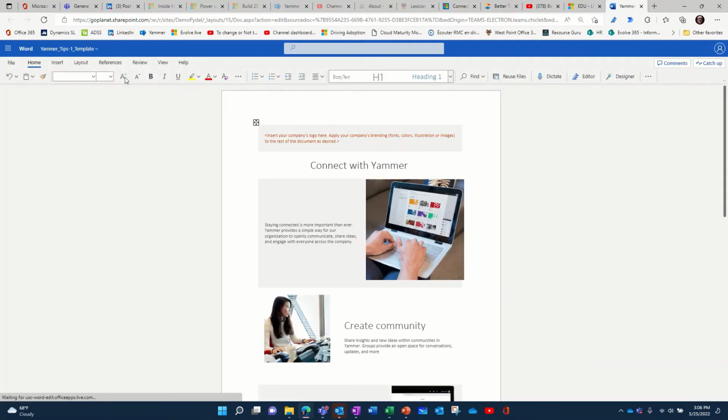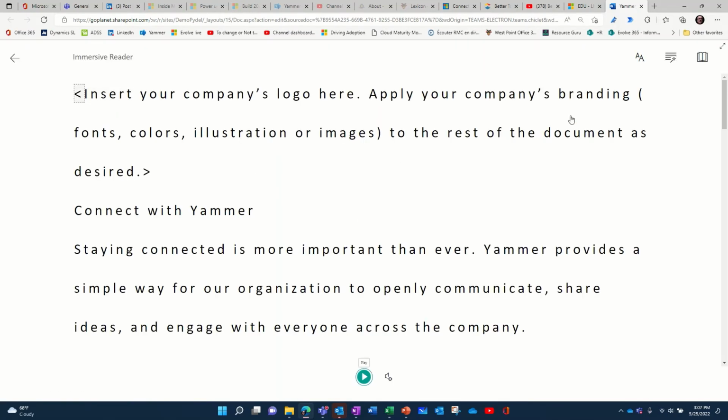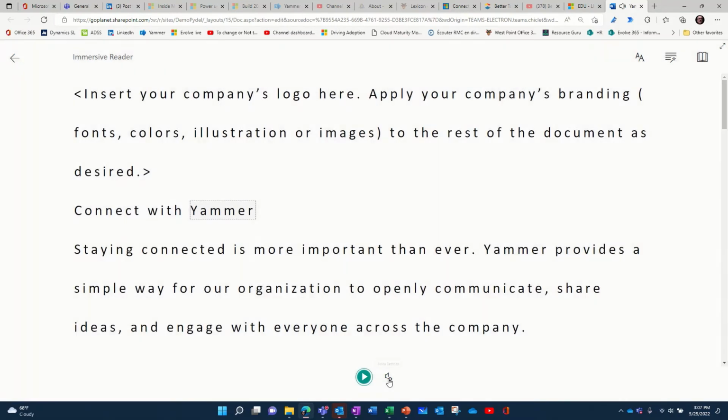So same document, probably I'm gonna have it here in View. Yeah, Immersive Reader. Let's see if it works better. Connect. There's an image for connect. So I can still play it. Same thing. I can choose the voice, the speed,